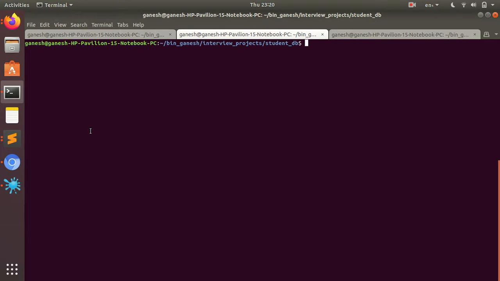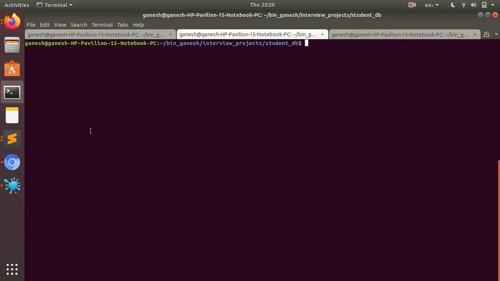So generally the tail command is used to display the last or the bottom part of a file. We can use it to check logs and all. I'll show you a couple of options: how we can append data to an existing file, or display how many lines you want and how many characters you want. I'll show you all those things.